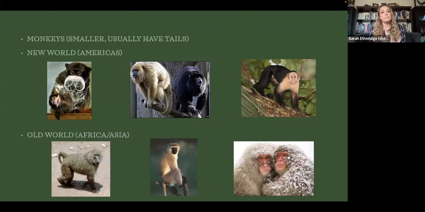Another set of primates is monkeys, and there are actually 2 types of monkeys based on geography. We have monkeys that are called platyrrhines in the New World, which would be Central and South America. And we have Old World monkeys, which are found in Africa and Asia. Those are called catarrhines. The New World monkeys tend to be smaller, and they tend to stay in the trees a lot more. Some of them have a specific feature you can see in the center picture where their tail is prehensile and can grasp things just like a hand. The Old World monkeys tend to be on the ground a lot more. They tend to be bigger, and they don't have any type of special tail.